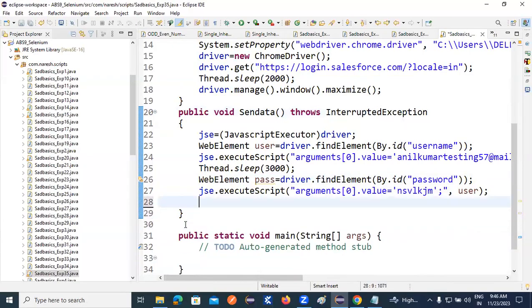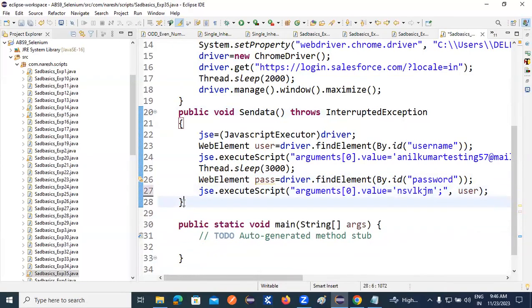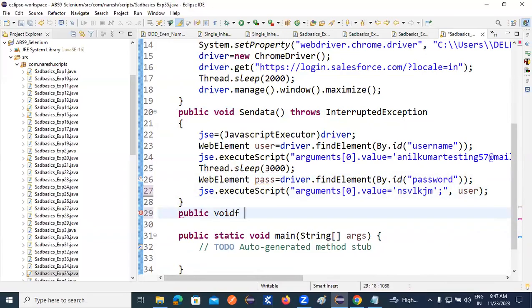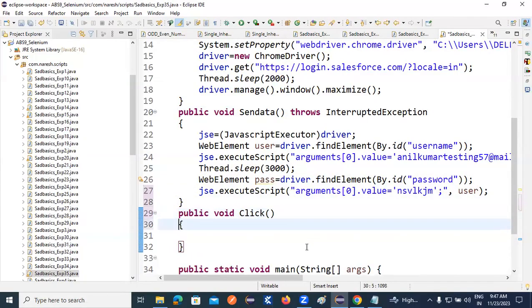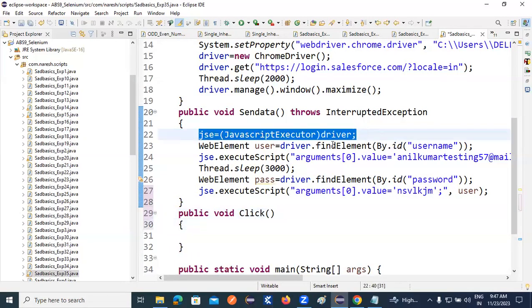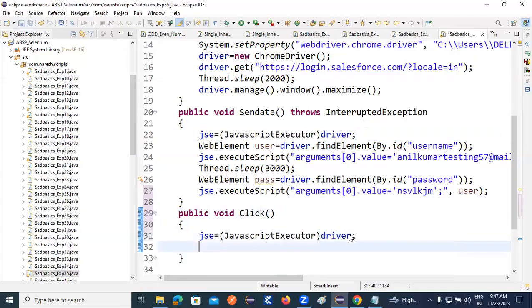Once I enter the username and password, what do I need to do? Click on login. To click on login, you need to use the JavaScript executor, and after that driver dot find element by dot id. I know the locator here, login. This one we need to provide as a web element. Login equals to